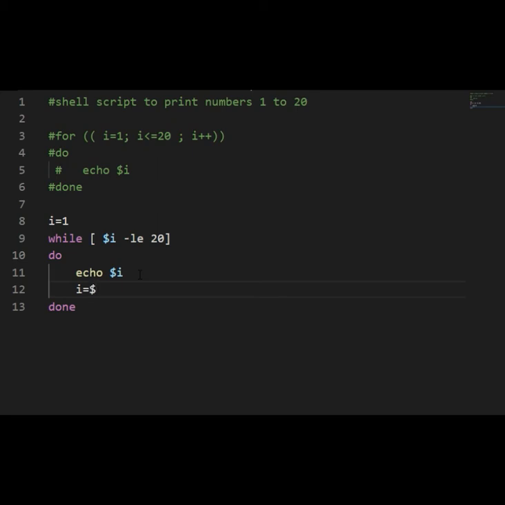So I is equal to $I, that is the value of I plus 1. Here, for each and every iteration, we are going to increment the value of I, check the condition with the while loop. If it satisfies, then come print the value of I, again increment the value of I, and so on. Once the termination condition occurs, that is I is not less than 20, then you are going to exit